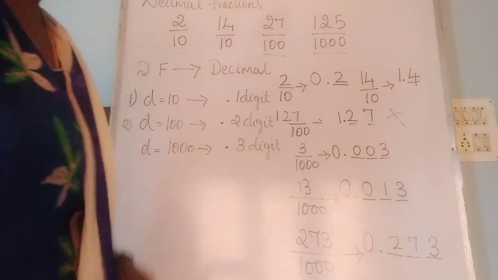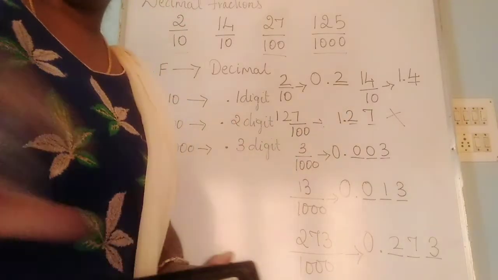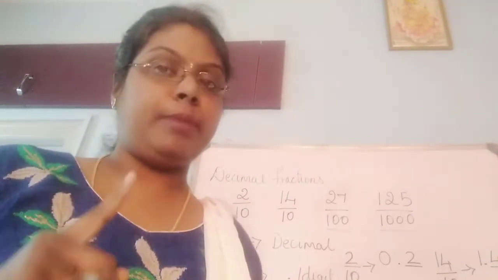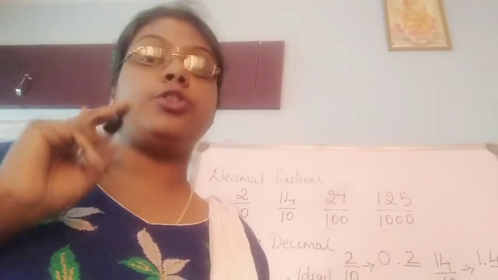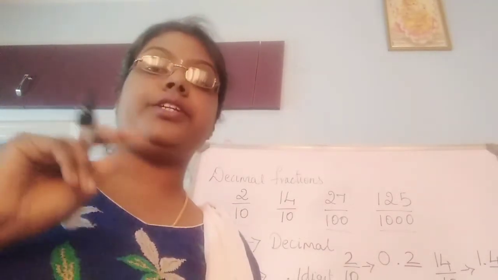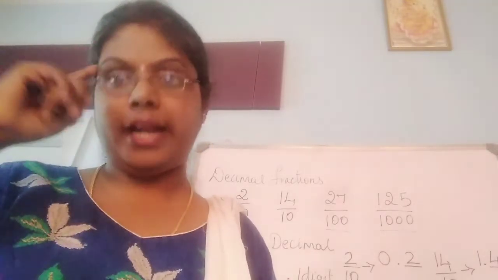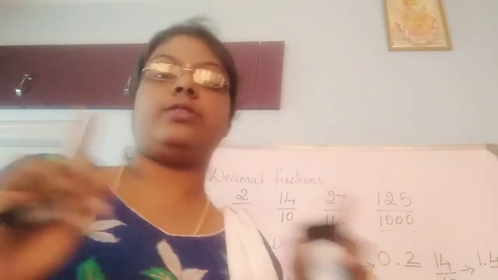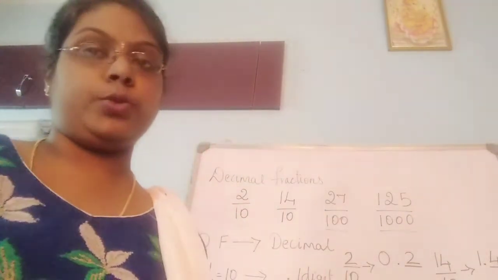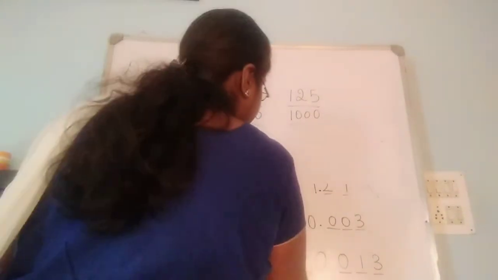And the same way, now converting the decimal number into the fraction. If after the point it is 1 digit, you need to write the number divided by 10. After the point, if you have 2 digits, you have to write the number divided by 100. If after the point it is 3 digits, then you write the number divided by 1000. So please keep this criteria in your mind, understand, and convert the decimal fraction to the decimal number or the decimal number to the fraction. Now we will convert the decimal number to the fraction. Let's see the conversion. Hope you have understood this concept.